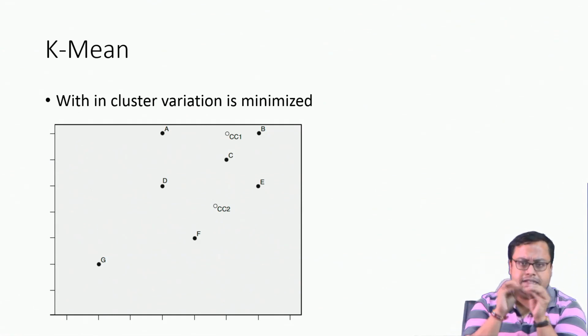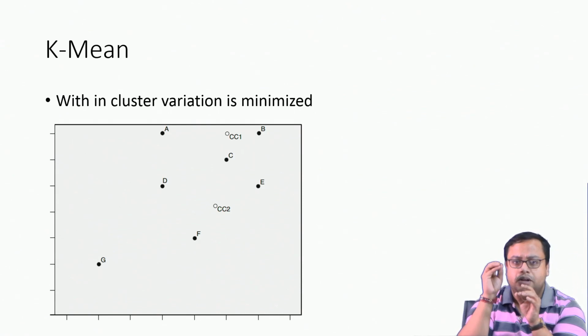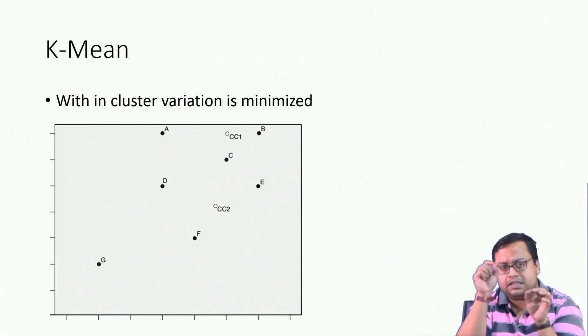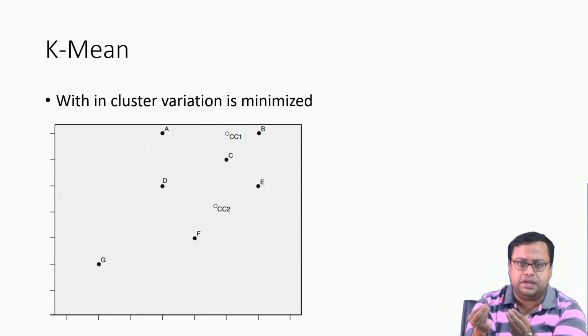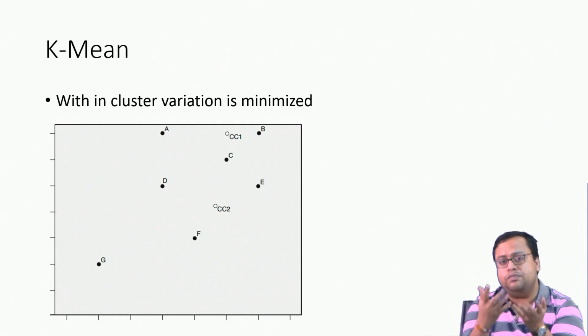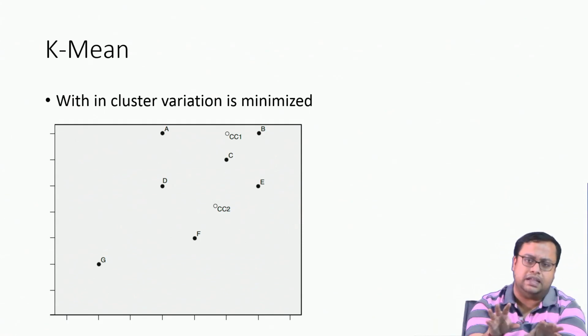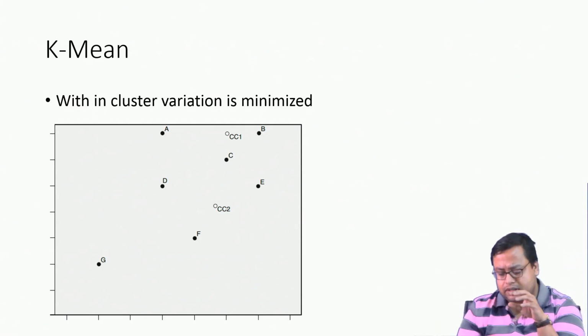But in the multi-dimensional space, what you do is you put these points and then you close your eyes and randomly put 2 points in the plane, because you have k means, that means 2 clusters will have 2 means. If you have more clusters, then more means, and how many clusters will come from Ward's method or the hierarchical clustering method. So, you find out, okay, I will have 3 or 4 clusters and you put those means, and whoever has lesser Euclidean distance from the cluster mean, you put that in that particular segment. So, that is the first job.